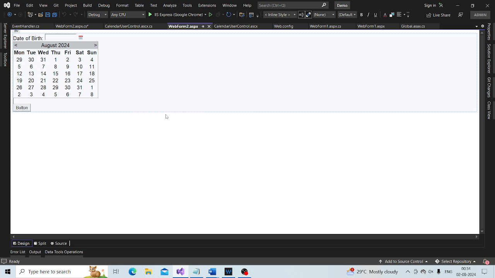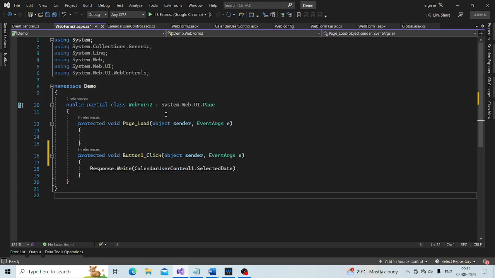go to the code behind file. Look at this.